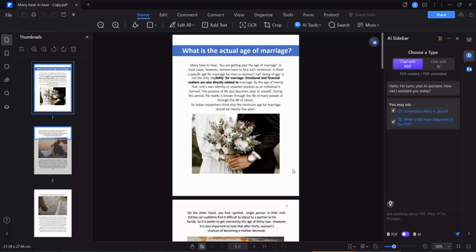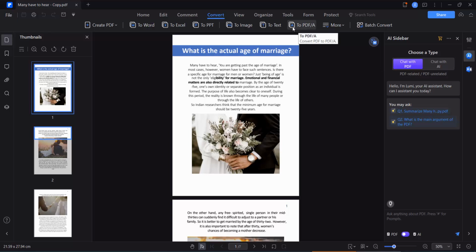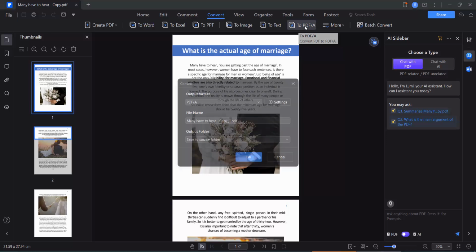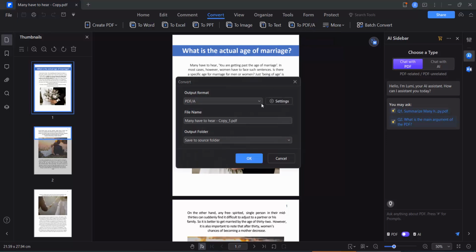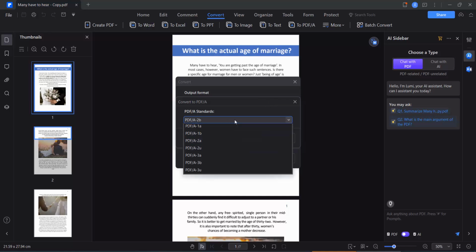PDF Element. Open your PDF file with Wondershare PDF Element and here you will find this Convert option in this menu bar. Choose it, and this is the PDF/A format. Simply select it as output and open the settings option. Here you can change this PDF/A format to PDF/A-2b format,